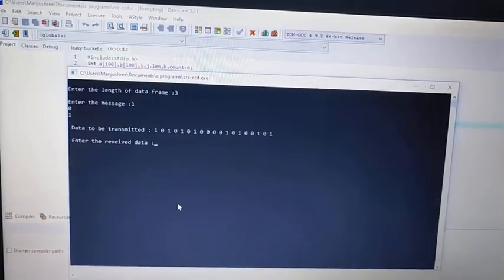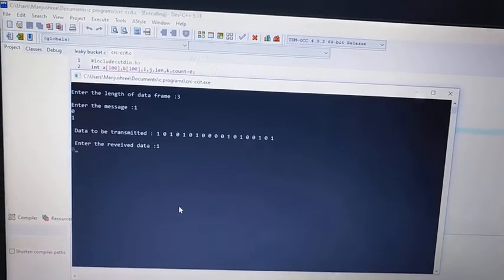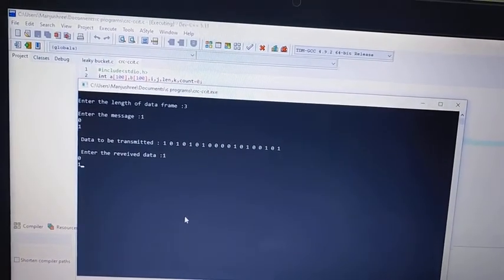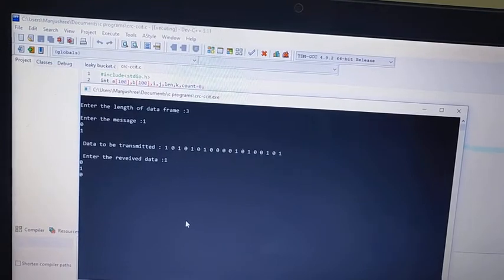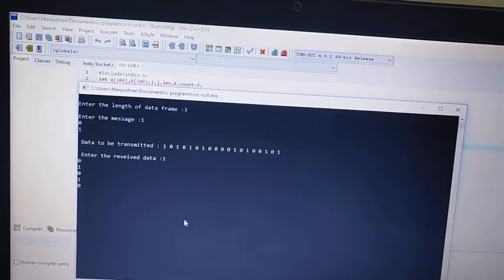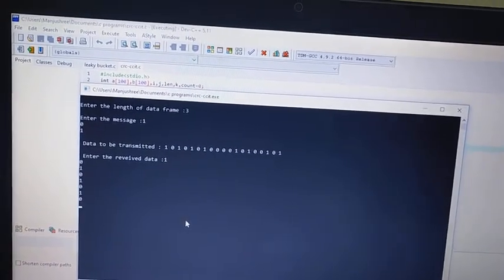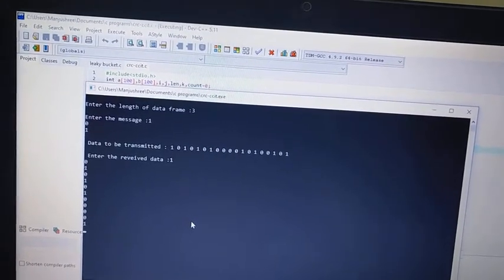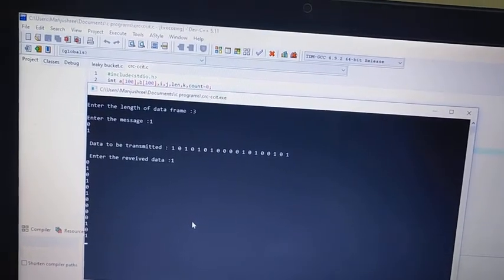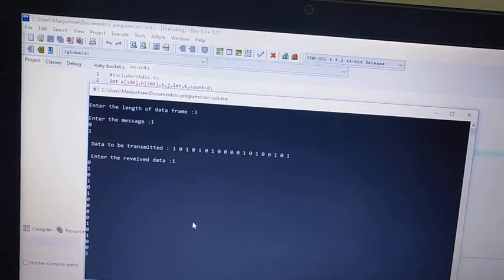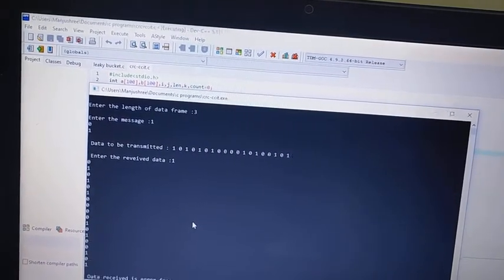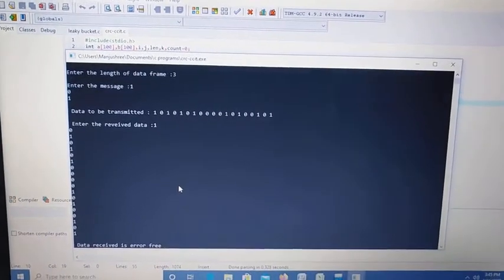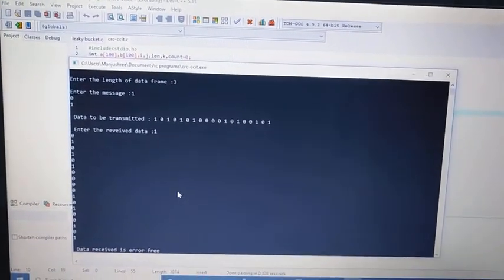So it is 1, enter, 0, enter, 1, 0, 1, 0, 1, 0, 0, 0, 0, 1, 0, 1, 0, 0, 1, 0, 1. So it is showing the output as the data received is error free.